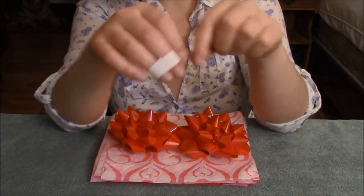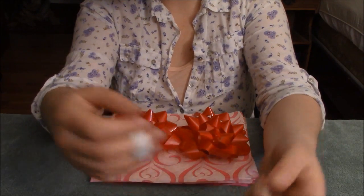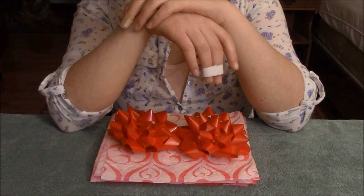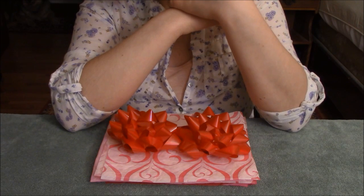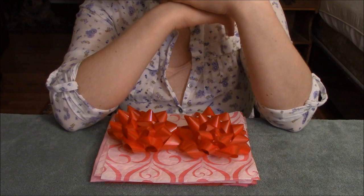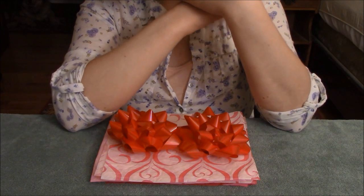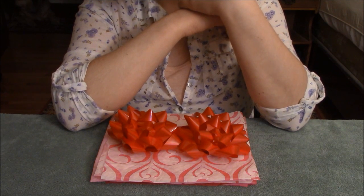Anyway, you can just tie a little bow around the wildflowers, and then you can tie that to the paper bag. So yeah, there's really any number of things you can do. I can't really think of any other holidays coming up where you would do gift giving. I guess Mother's Day and Father's Day. Let me know if you guys are interested in a tutorial on wrapping with